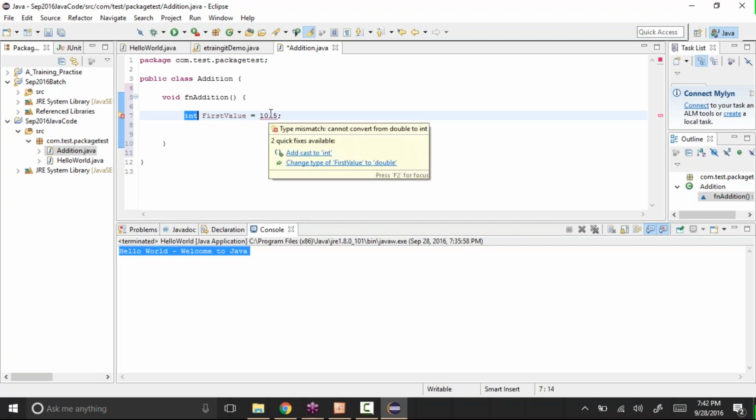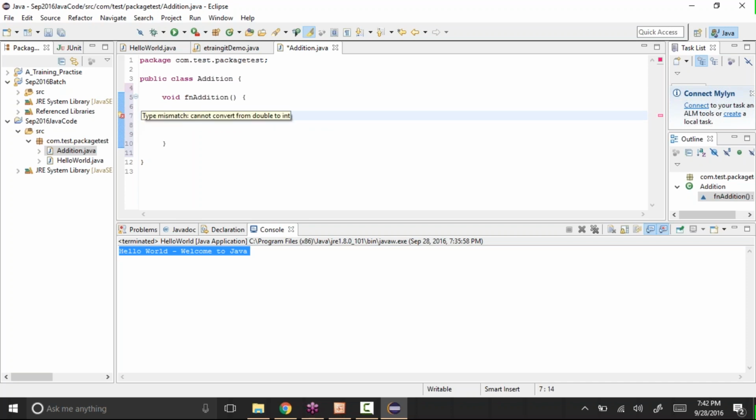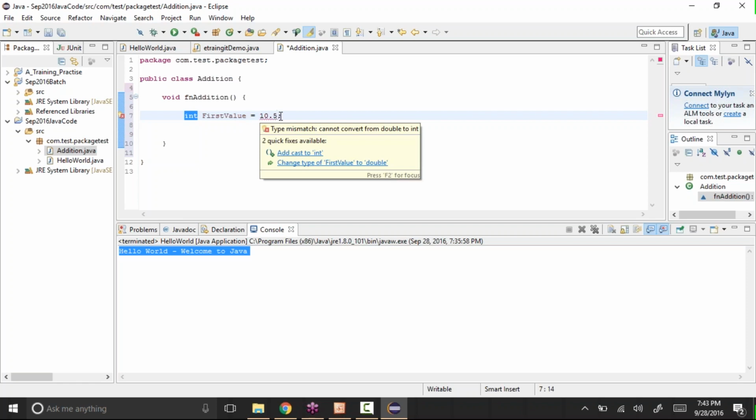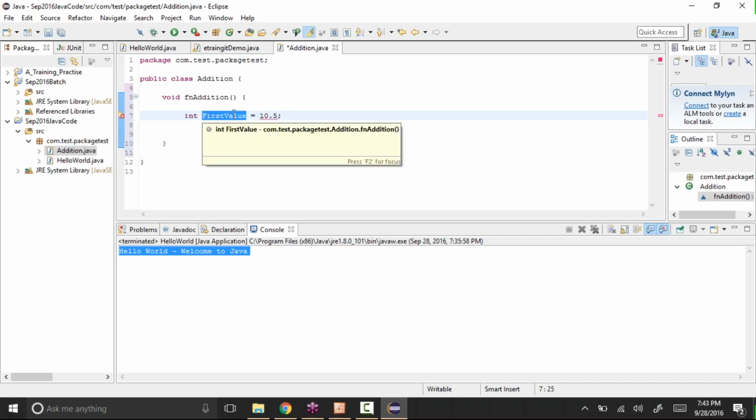If you store some other value, it will throw an error like this: type mismatch, cannot convert from double to integer. So 10.5 is a double value, a decimal value, and it cannot convert the decimal value into an integer value. When you define it as an integer, you can only store an integer value.